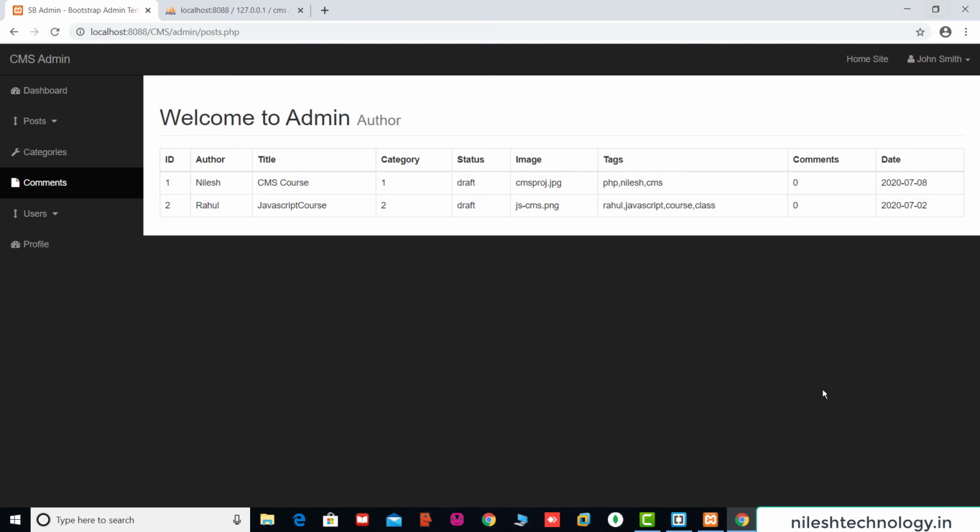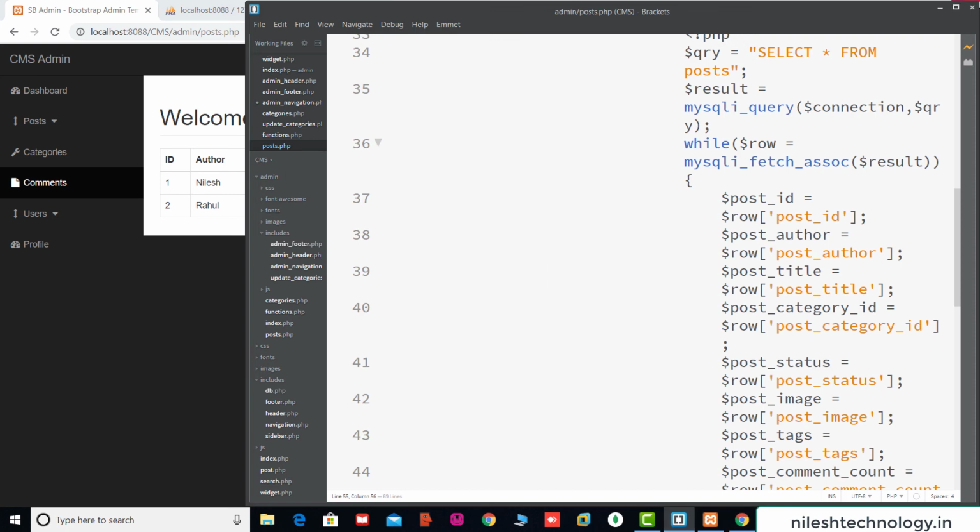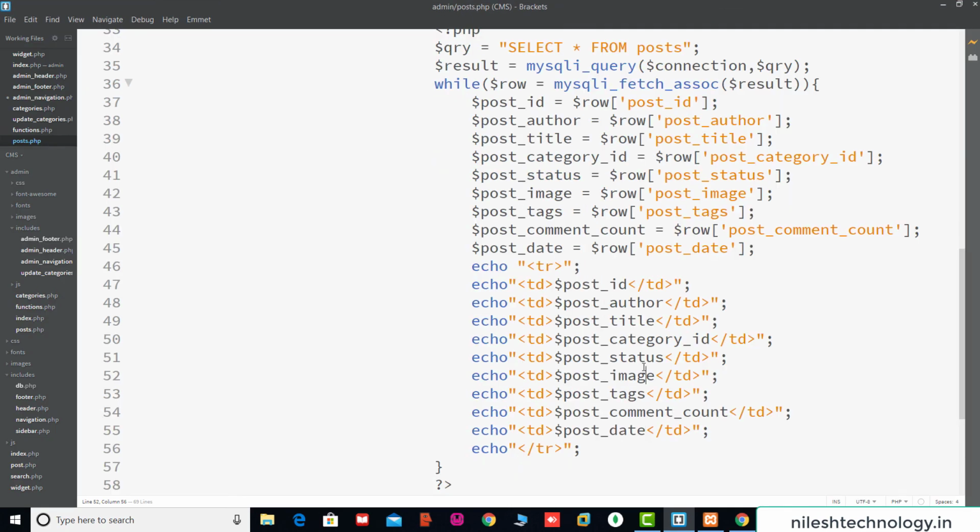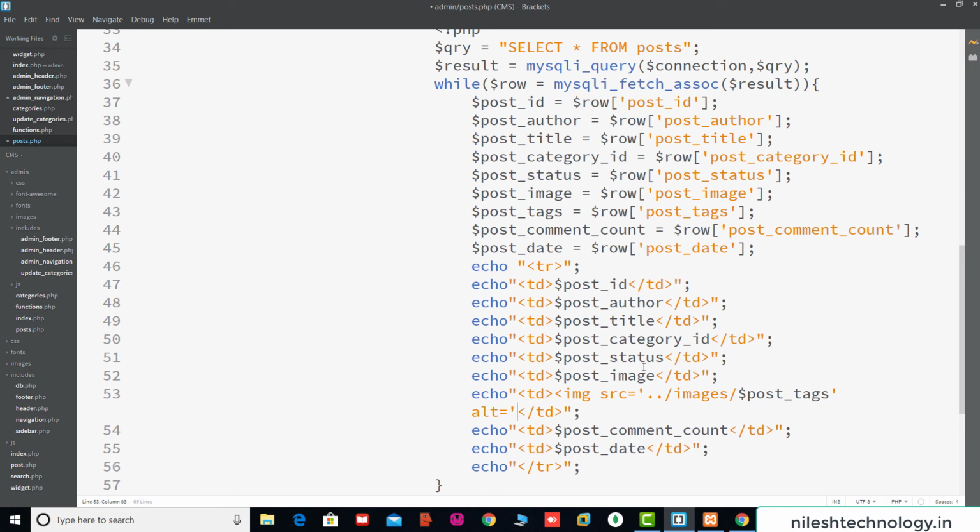Okay, so again going to this program, and here going to this image section, post image. In this td section we use the image tag, img src equal to, in single quotes, going to the parent directory and the images folder and searching for this image name. If the image is not found, then display this alt message, for example image. So here we close this img tag. So Control S, save here.